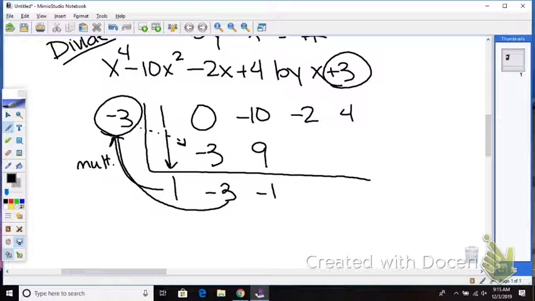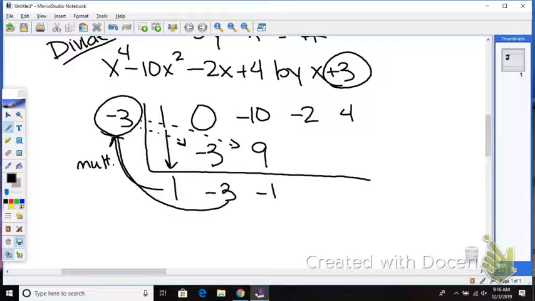Wait. How did you do the next part? Okay, so I took this negative 3 and I multiplied it by this negative 3. I got on the multiplying train, and then that went down. I added together 0 plus negative 3 is negative 3. Oh, okay. So negative 3 times negative 3 is positive 9. That's good. Okay, and now we add straight down. Negative 10 plus 9 is